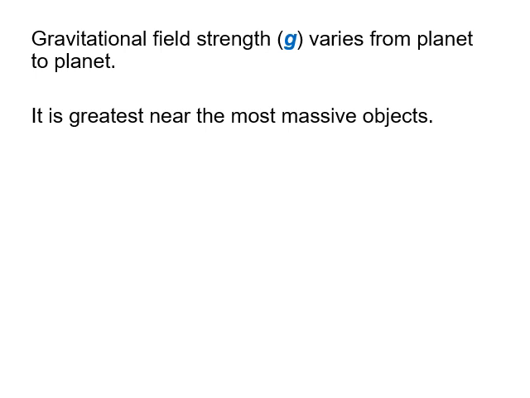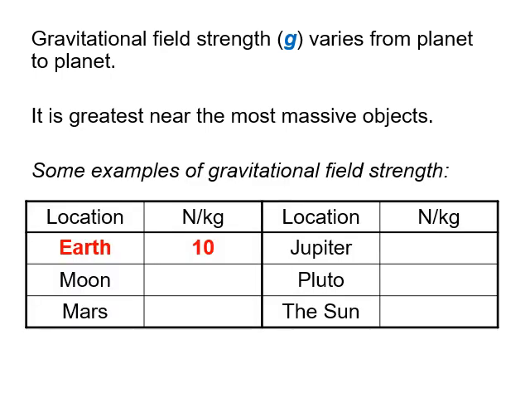It is greatest near the most massive objects, so you can think that Jupiter will have quite a large g. Okay, so on Earth it is 10 newtons per kilogram, which is our reference point. On the Moon, which of course is smaller than the Earth, it's going to be less. It's about 1.6 newtons per kilogram. On Mars, it's again a smaller planet, so it's about 3.7 newtons per kilogram. Jupiter, which is a massive gas giant, is going to be about 2.5 times stronger in terms of gravitational field